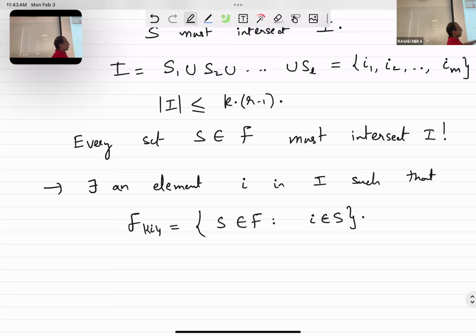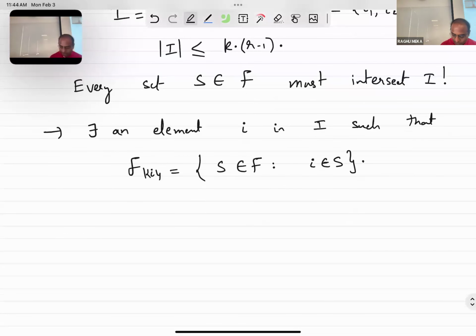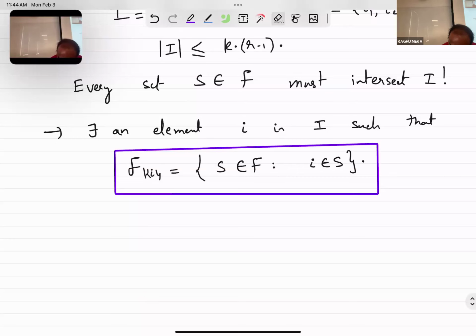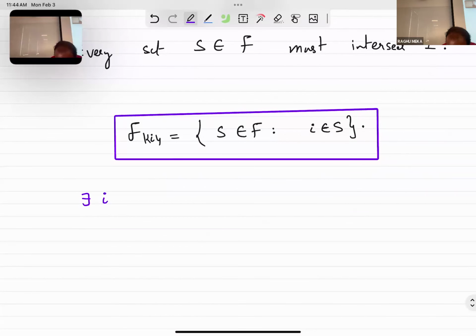Every set intersects one of them. I'm saying look at all things which contain element I1, all sets which contain element I2, all sets which contain element I3, and so on. So what can you say about how big this can be? Maybe let me write it a little differently. This is the definition. And now the claim is that there exists I in I such that